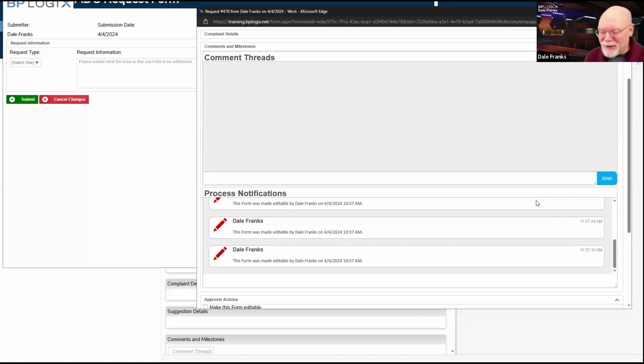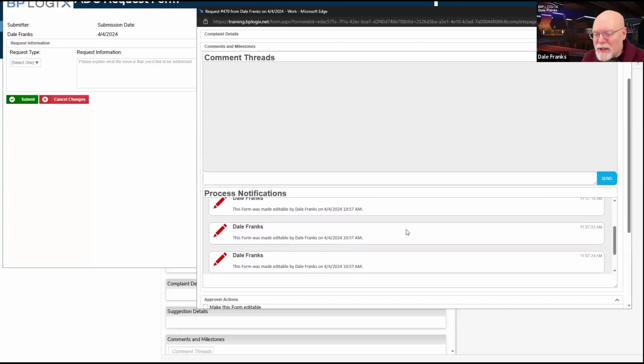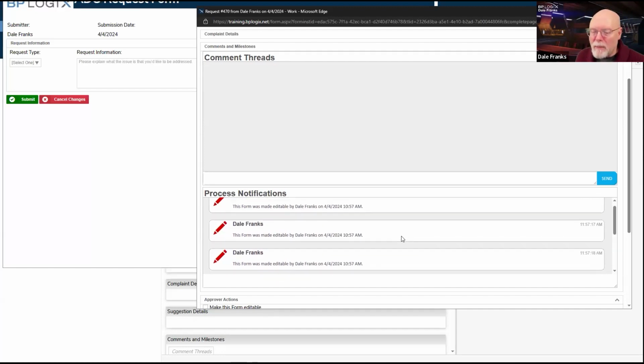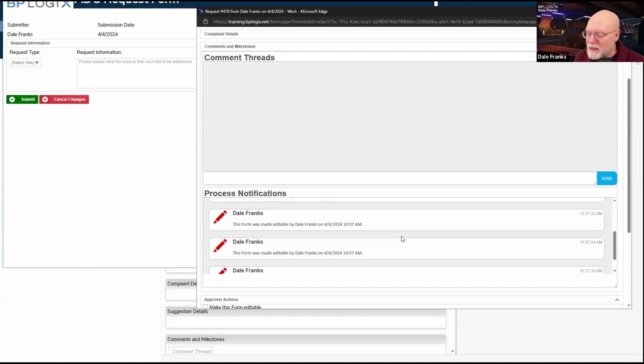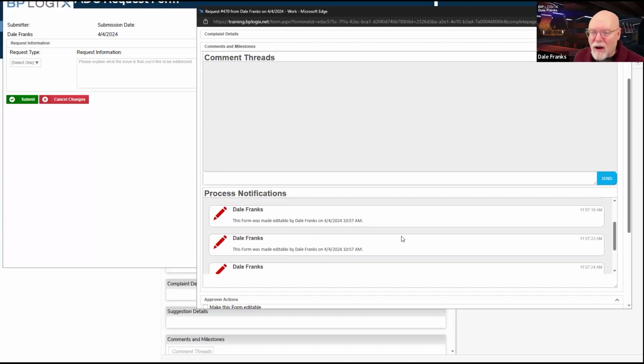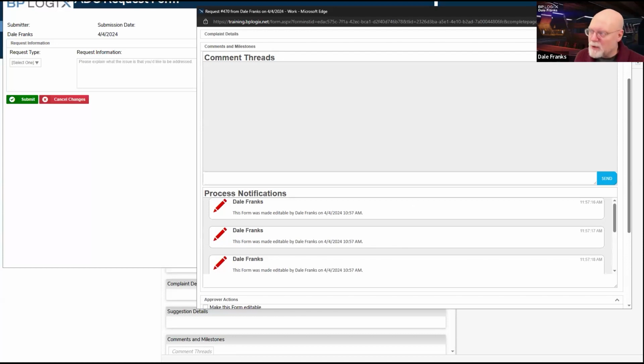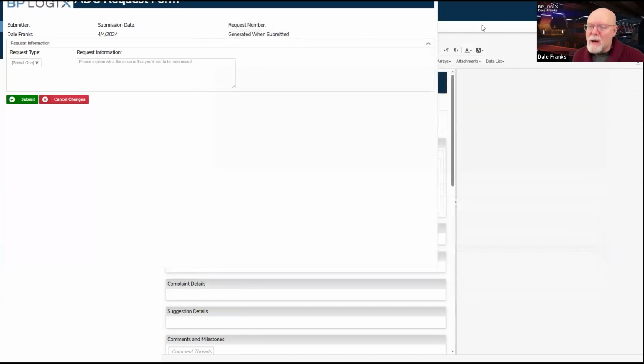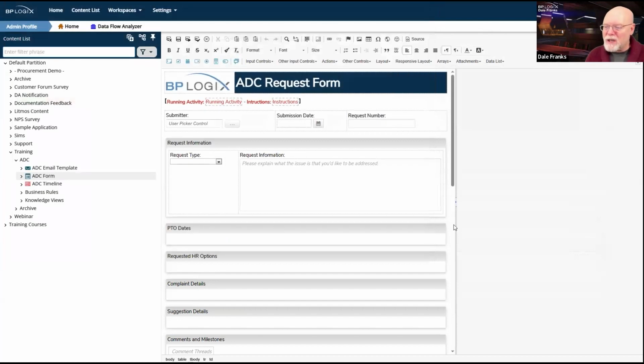All I had to do was set the process notification. Now, this is not quite correct, because I only want this to occur when the form is made editable. So I only want it to occur when the checkbox value is true. So I'm going to need to tweak that condition a little bit more, but this is what I expected to see largely. Now it's just a case of fixing this particular milestone. But I did want to get a milestone working so that we could see milestones. We did see milestones, so I accomplished that.